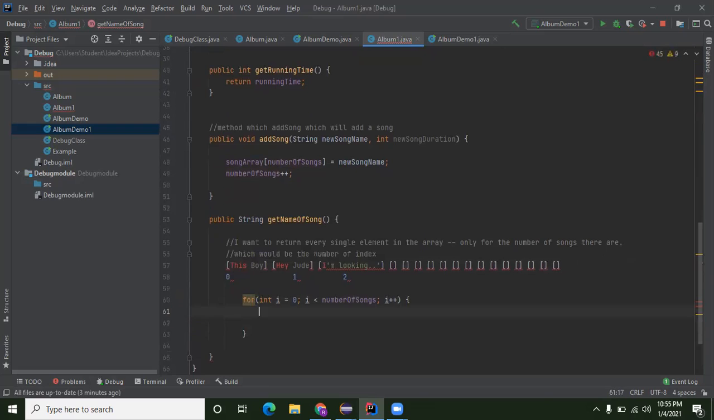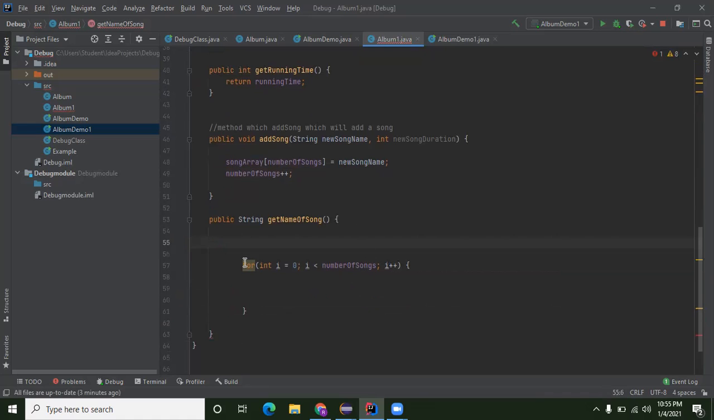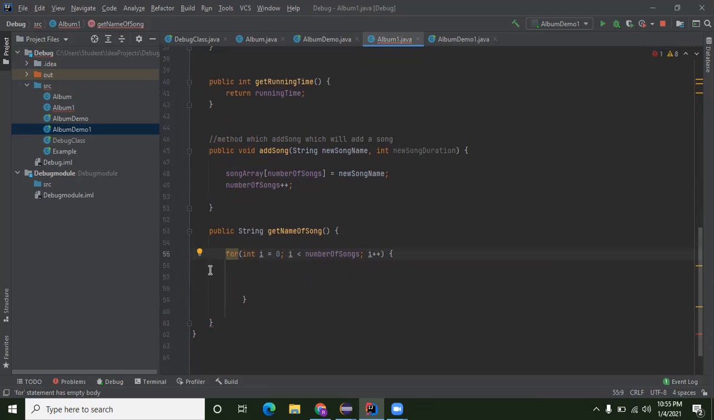And so what I do here is, well, I can't return an array, okay? I want to return a string in this method because I can't change the method signature. That's the game. And so if I want to return a string, I'll have one string called songs, and I will essentially use the